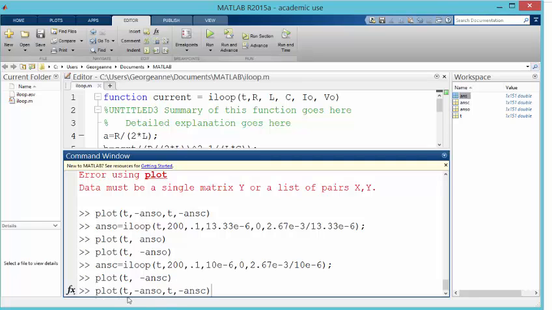So here I plot the two of them together, and I have the minus sign in both of them just because I like my plot to go positive going instead of negative going. But that's just a matter of my current convention. So I'll plot the two of them together,